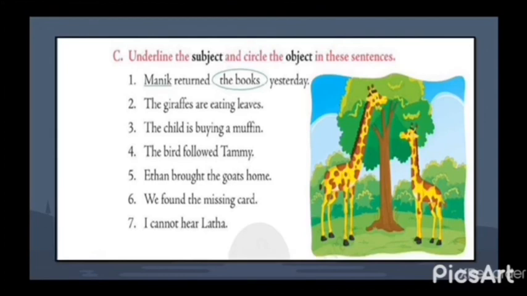So the answers are the giraffes, the child, the bird, Ethan, we and I are your subjects. Leaves, a muffin, Tammy, the goats, the missing card and Latha are your objects. With this we are done with the countable and uncountable nouns. You only have to do the back exercise of